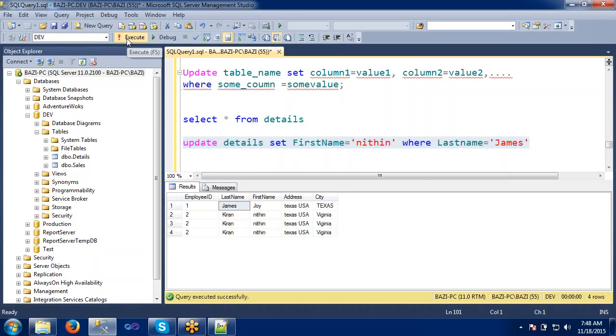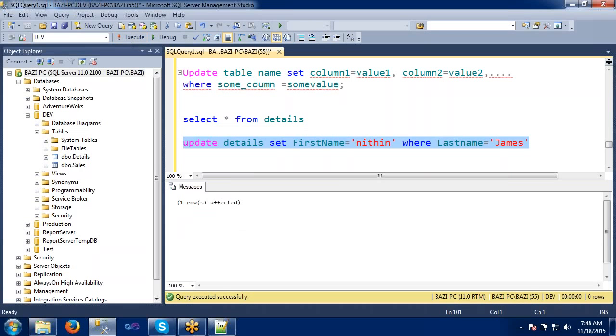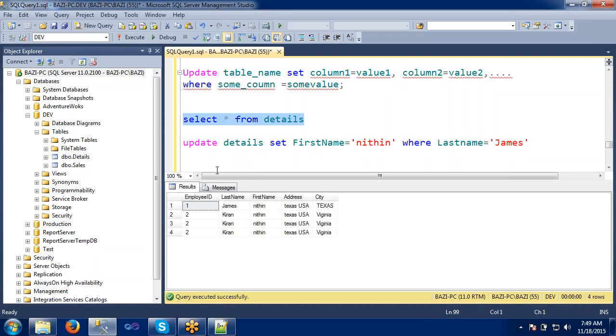One row affected. Got it now? So this is how we update our existing records, by applying conditions to the update statement. Update the table name, set the particular column, and where clause says which record we want to update. So this is how the update statement is applied.